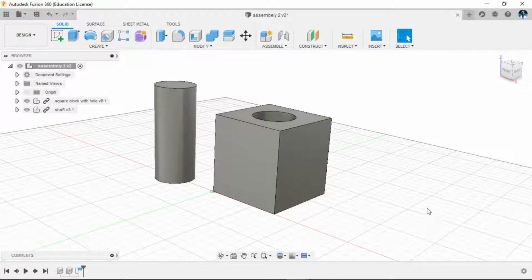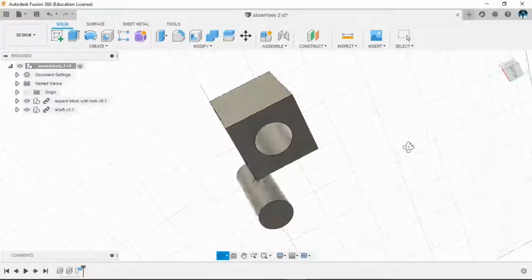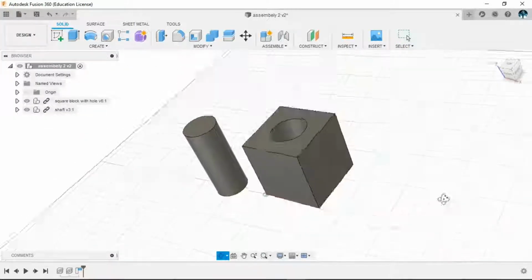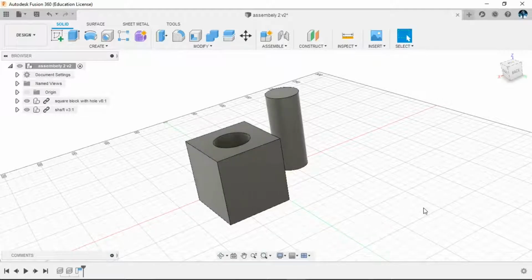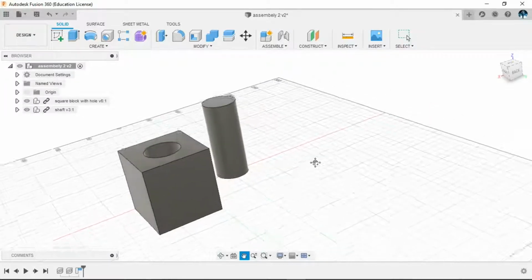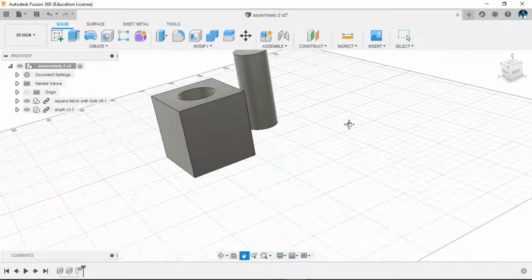So now for operating zoom, I will just scroll my scroll button back and forth, so that my zoom in and zoom out option has been activated. Now for operating orbit, I will just click and hold the scroll button of my mouse and move my mouse, so that my orbit option has been activated. Now if I leave my scroll button, my orbit option will be closed. Now for operating the pan option, I will first press and hold the control button on my keyboard. Along with it, I will press and hold the scroll button of my mouse and move my mouse. So here you can see my pan option has been activated.